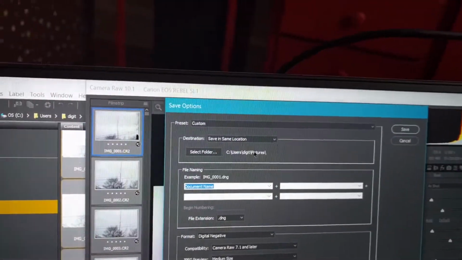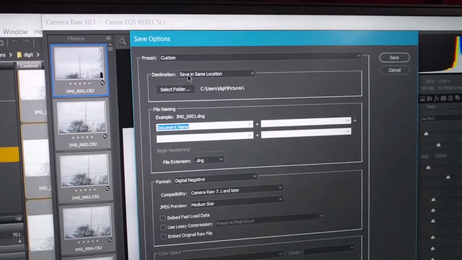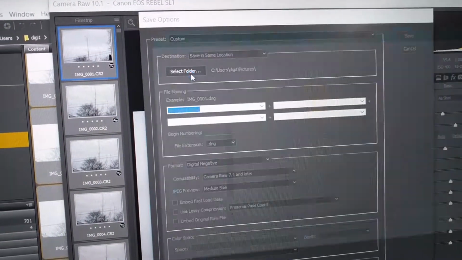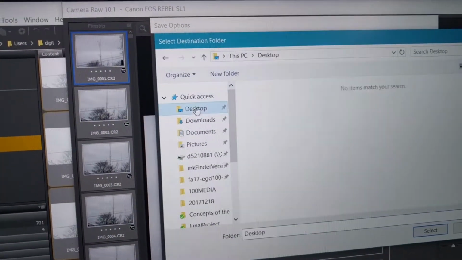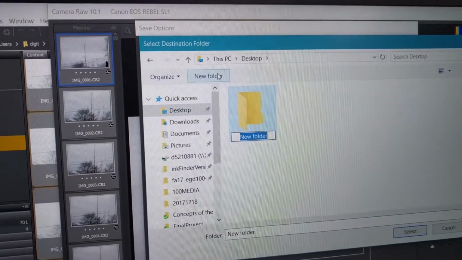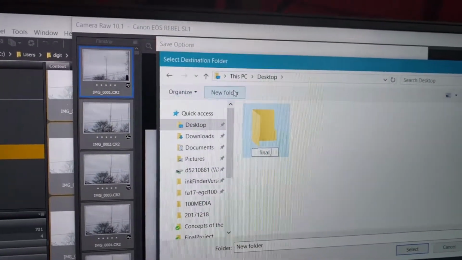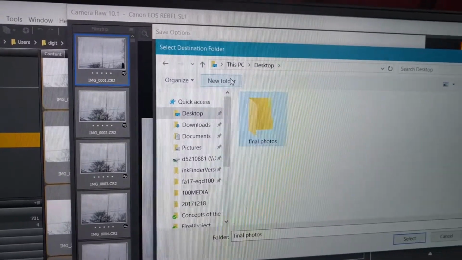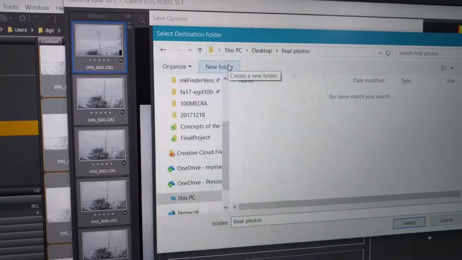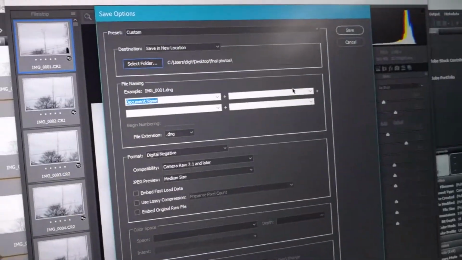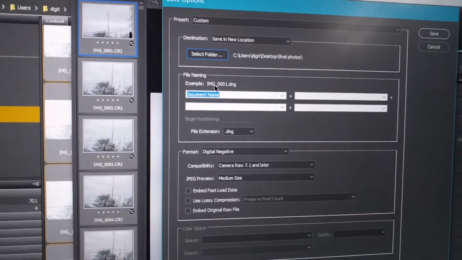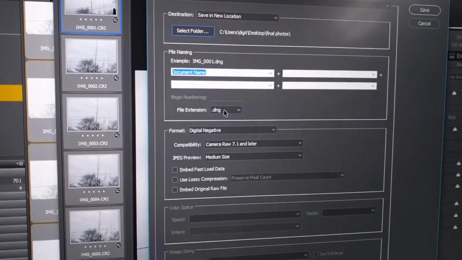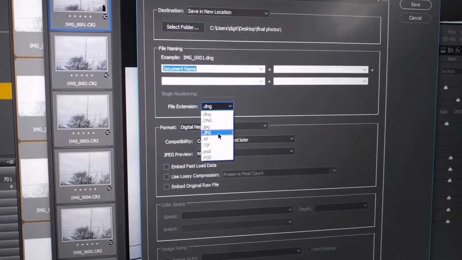Okay, so preset, custom, save in same location. We're going to put these right on my desktop here. We're going to make a new folder called Final Photos, so we'll save them in here. Select, and then example, that's fine. We're going to make them all